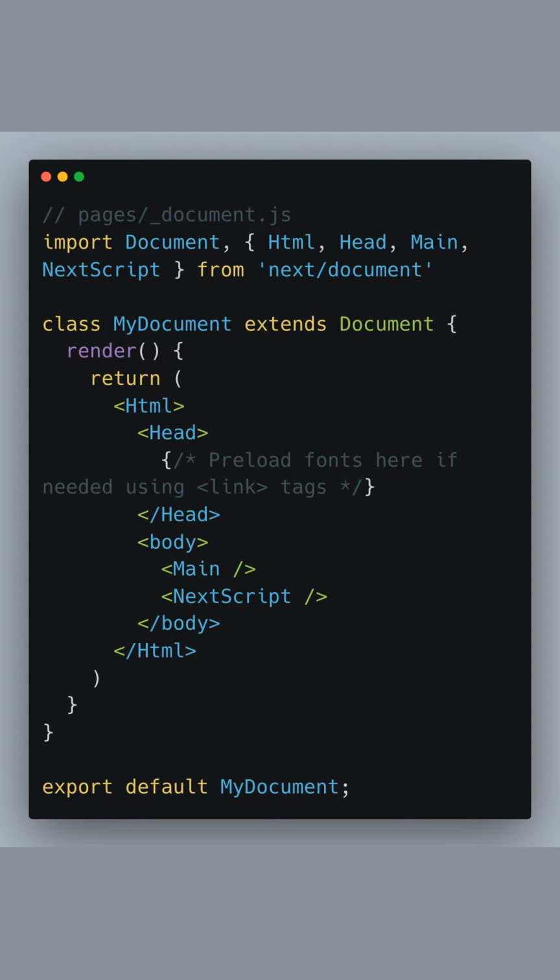Now let's move to the _document.js file. While Next.js automates font optimization when the feature is enabled, you might still want to preload specific fonts to further improve performance. Preloading ensures that your chosen fonts start loading at the highest priority. This can be done by including additional <link> tags within the Head component of your custom